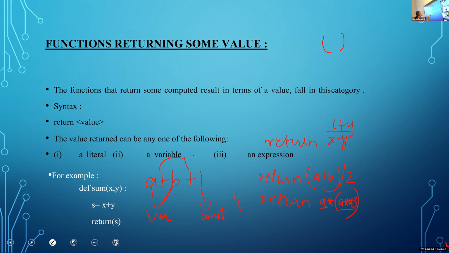This plus is an operator. So expression means it's a combination of variables, constants and operators. So the last value is a return statement that is based on expression. That means we can give one expression as value along with the return statement. Okay.